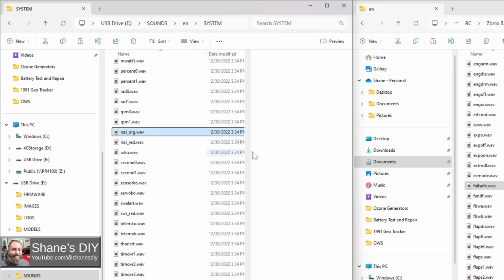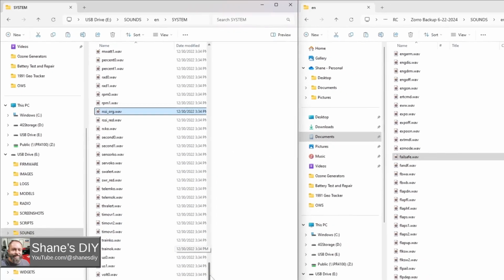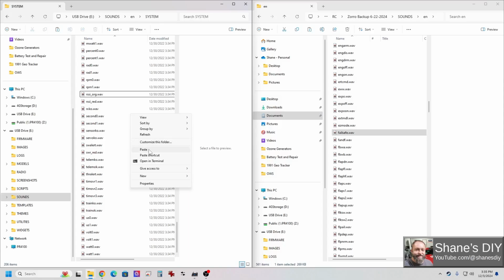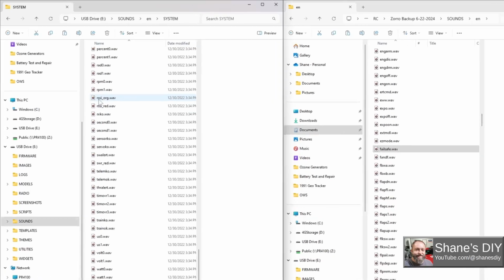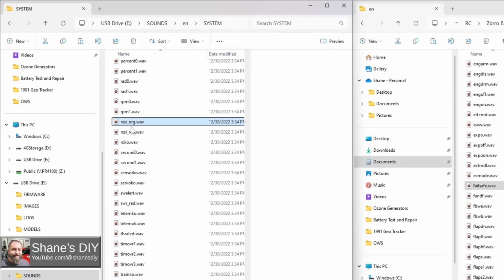What we would need to do is rename whichever one of these we want to replace with that new message. So let me first put that new file in here. Paste. Now it's called failsafe right now. You want to keep your original, don't goof up your original one, so you can always go back, and you don't want to mess up these. So what I'm going to do first, I'm just going to use this RF signal low message,